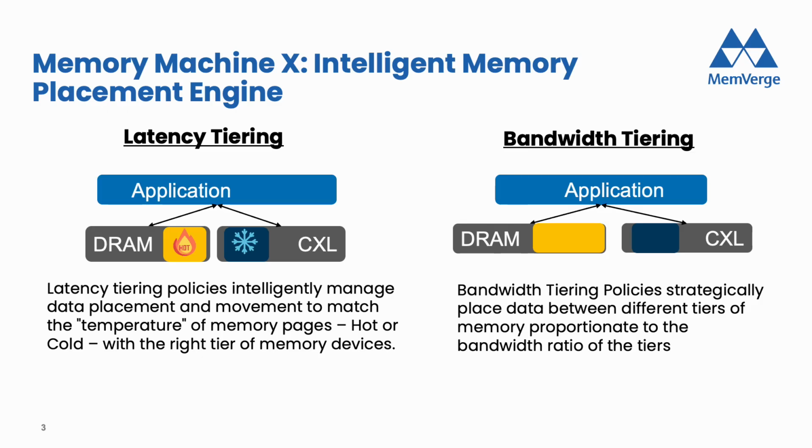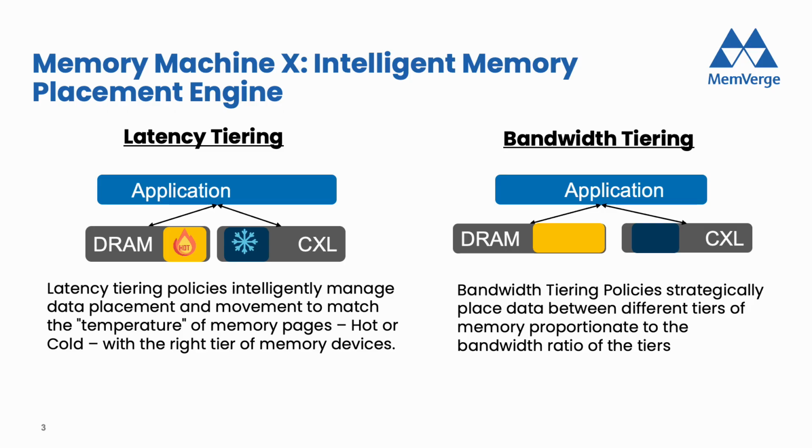Our Memory Machine has two memory placement policies, focusing on latency and bandwidth. Firstly, the latency tiering policy intelligently identifies and manages data placement and movement based on the page temperature. Hot pages are kept in the fastest tier, and cooler pages are moved to the slower tiers. Pages will migrate between DRAM and CXL over time, depending on application workload behavior and access patterns, ensuring optimal application